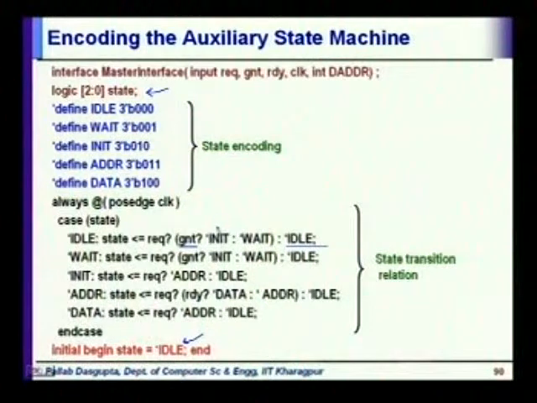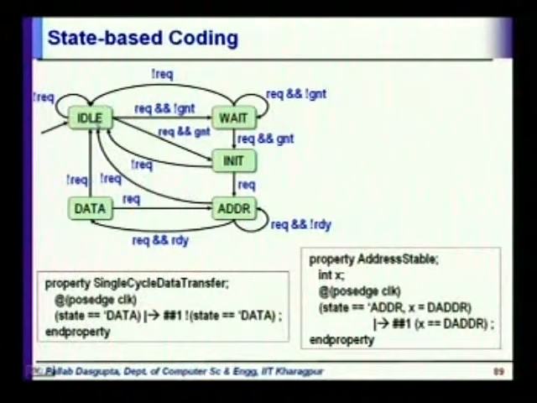If we have grant, then we are going to go directly to init, otherwise we will go to wait. If request is low, we stay in idle. If request is high, then if grant is high, we go directly to init. If grant is low, we go to wait. Right. Similarly, for all the other things, say from wait, if you get not request, then you go back